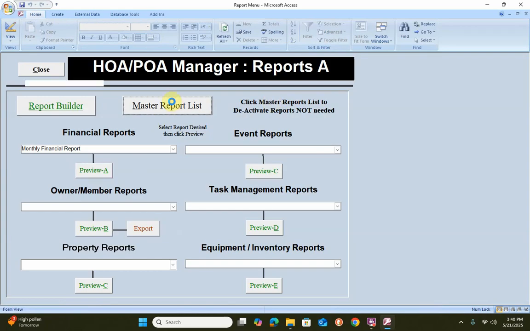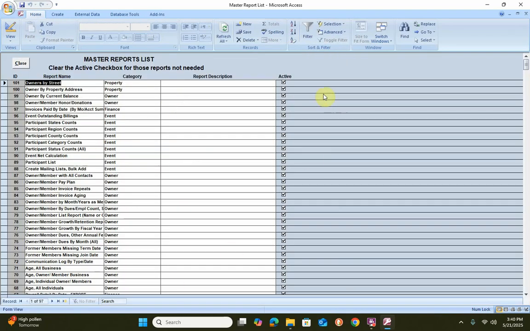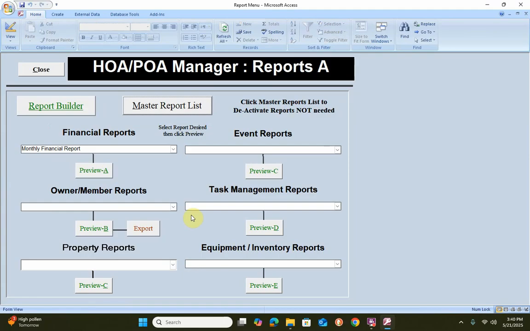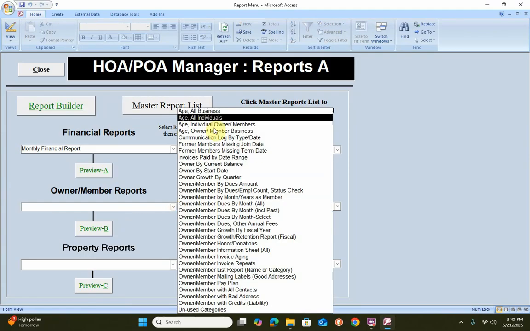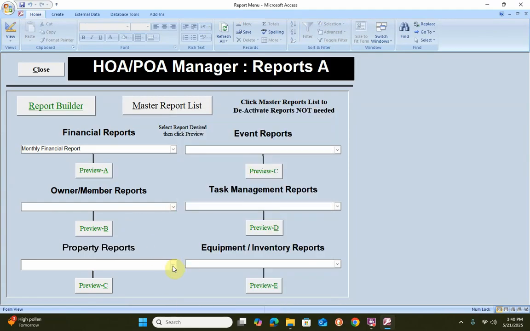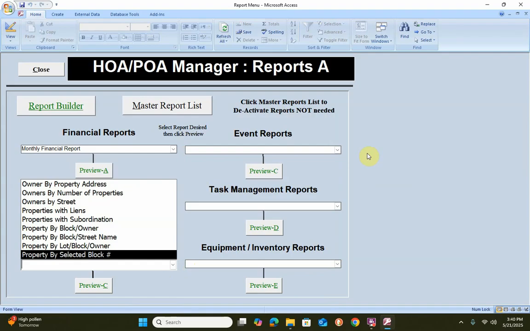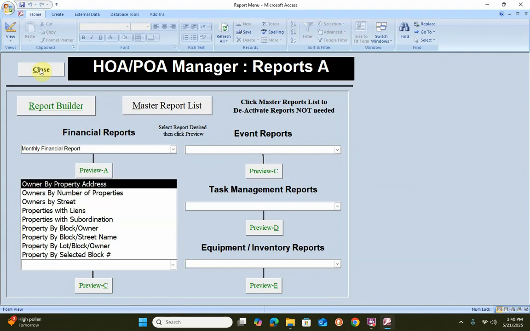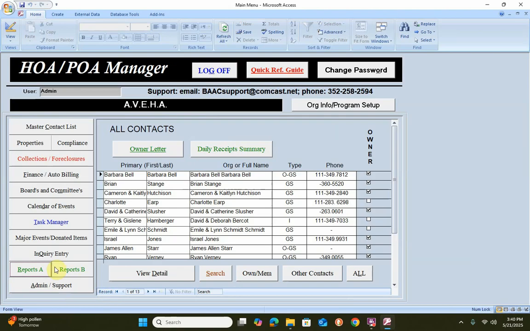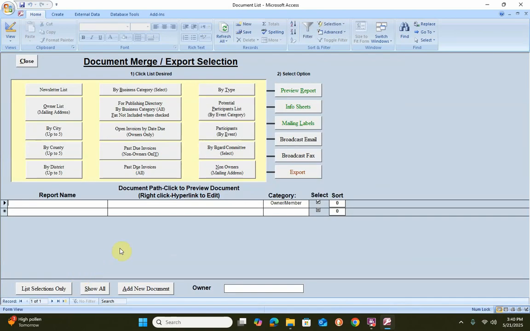And this master reports list here, if you don't want to use one, you can deactivate it, and then it won't show up in that list. So you can filter these things to only get the reports that you want. There's tons of reports: lot by property, events, task management, equipment inventory. That's reports A. There's another reports B,